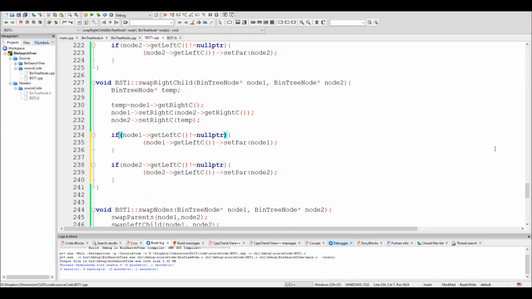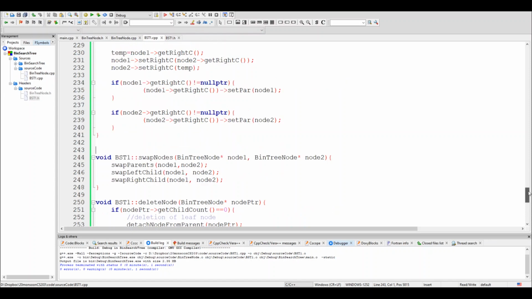If node 1 get not left but right child, then node 1 get right child and set parent to node 1, and similarly node 2 get right child, and set parent as node 2. That takes care of swapping the nodes completely.